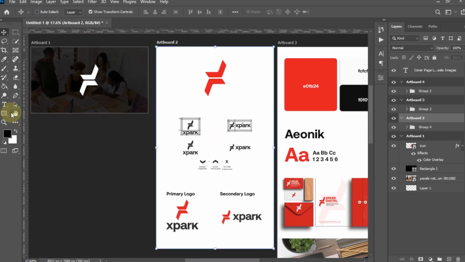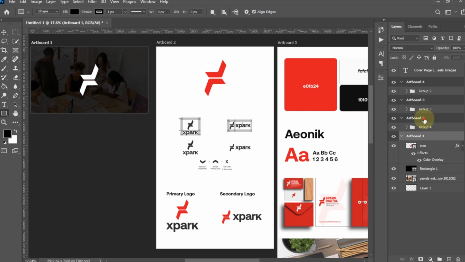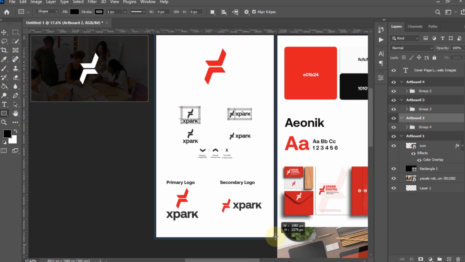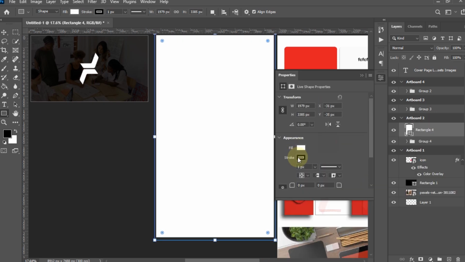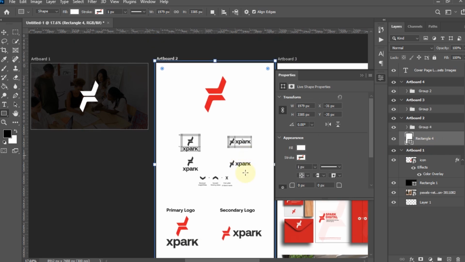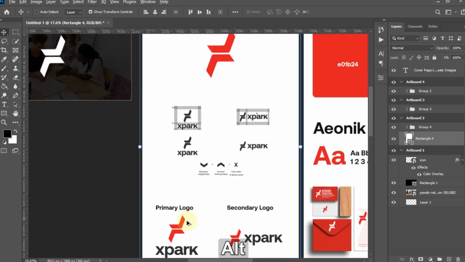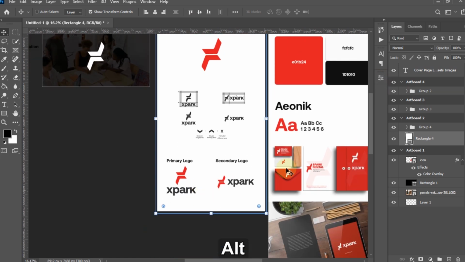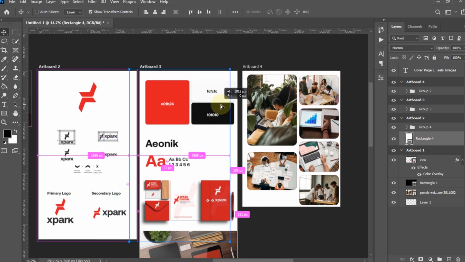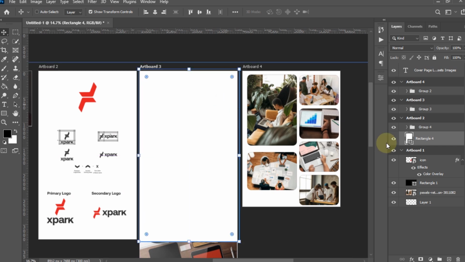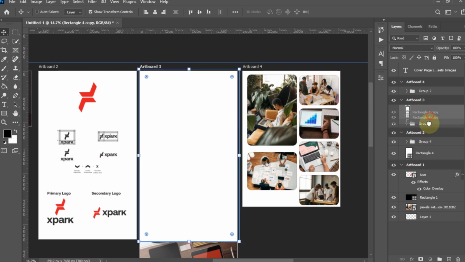So if you're adding a background, you can just come to this artboard 2 here. However you choose to add your background, if you use rectangles for your background, that's fine. Use a rectangle, make it white. You can add a pattern to the rectangle behind, that's fine, however I choose to do it. Then to the next artboard. Okay, so the next artboard we can have, let's put it under